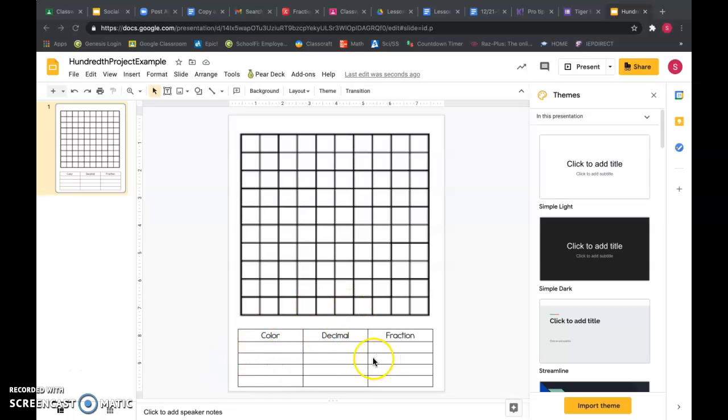And then you see this chart here on the bottom. It says color, decimal, and fraction. So it's going to be a little bit of work, but you're going to be designing this yourself. So I hope you really have fun. It's going to be a little bit of a challenge, but I think you'll be able to get the hang